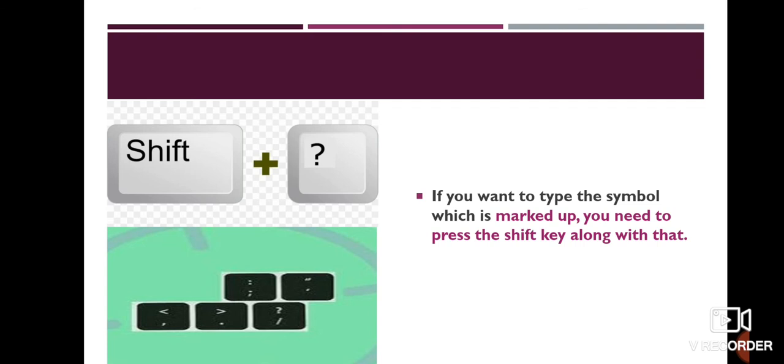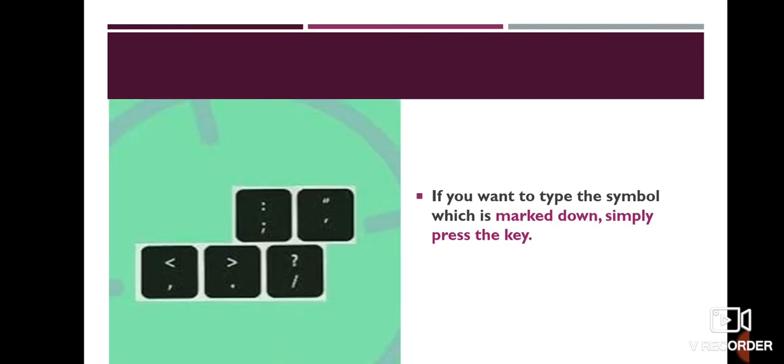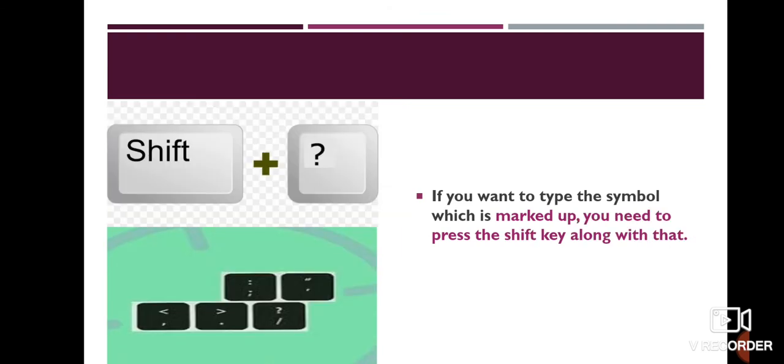If you want to type the symbol which is marked down, simply press the key. But if you want to type the symbol which is marked up, you need to press the shift key with that punctuation key.